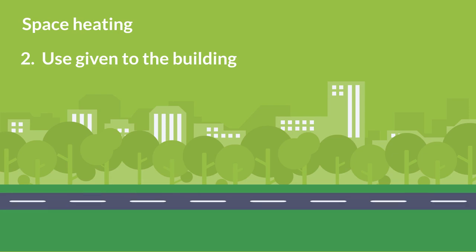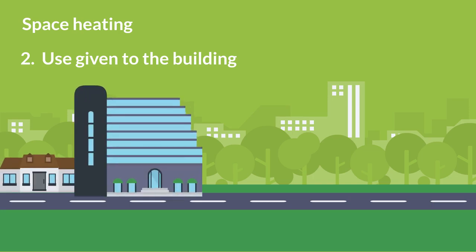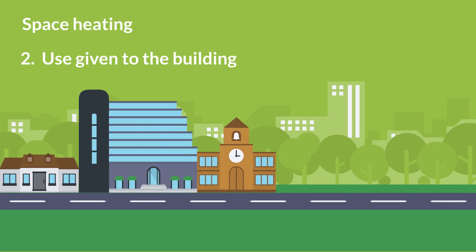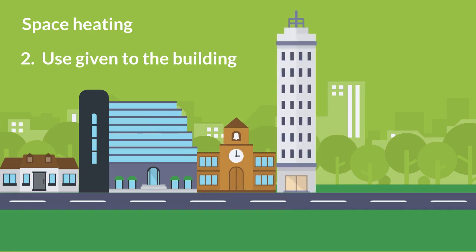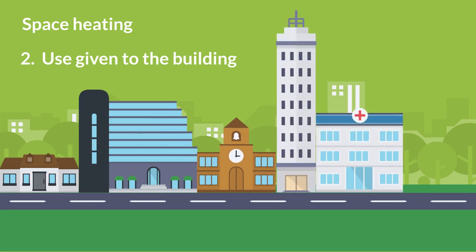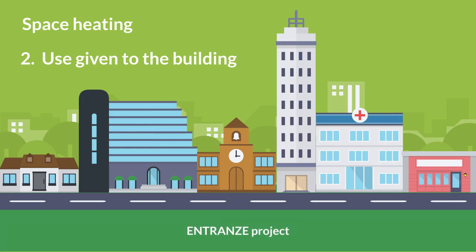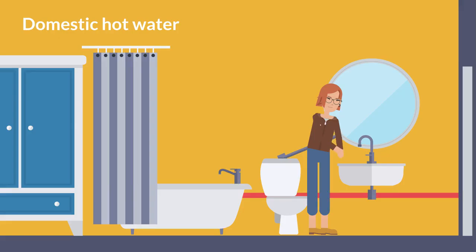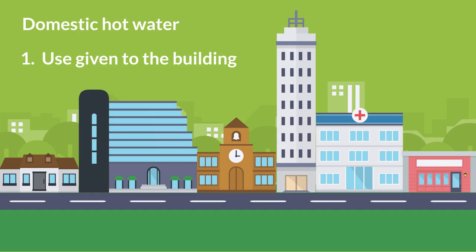Another important parameter is the use given to the building. For example, a single-family house, an apartment block, a school, an office building, a hospital, or a sports center. You can find information on the internet, like the Entrance project with calculations of different building types in different European locations. For domestic hot water, the consumption depends on the utilization given to the building